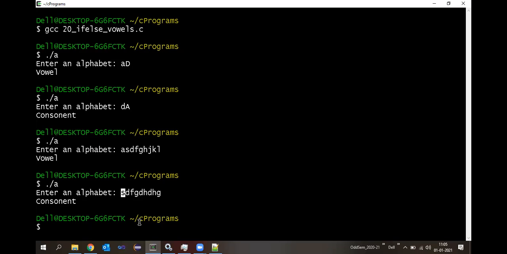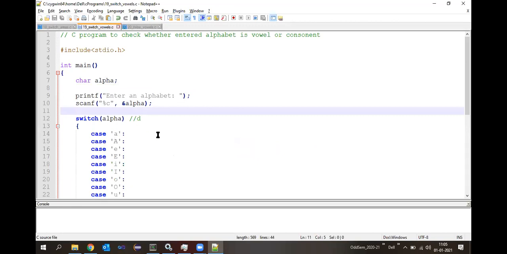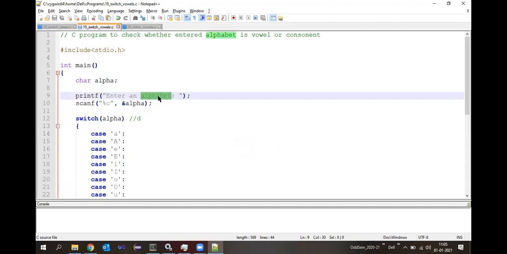Now, suppose I want to modify this particular program. In this switch case, I have suggested to enter only an alphabet, but there could be chances that it may not be an alphabet, it may be something different also. Like if I enter a digit 1, then what may happen?